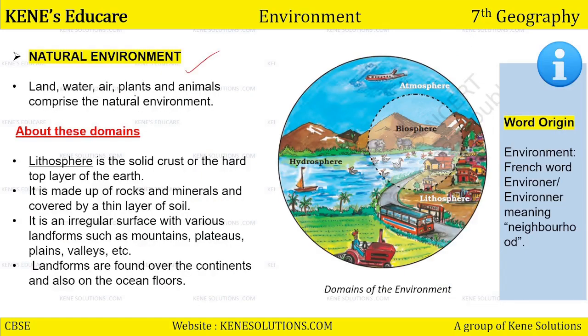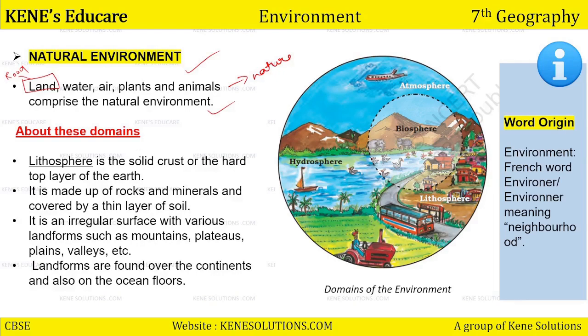So continuing with natural environment, land, water, air, plants, and animals. All the components which are made by nature and not human being. We have not made land, we have not made water. We have made road on land, but not land. Land तो nature ने दिया ना हमें. So land, water, air, plants and animals and all these relatable objects are made by nature and thus these components comprise the natural environment. Natural environment में क्या क्या आता है? Anything which is made by nature. For example, land, water, air, plants and animals.